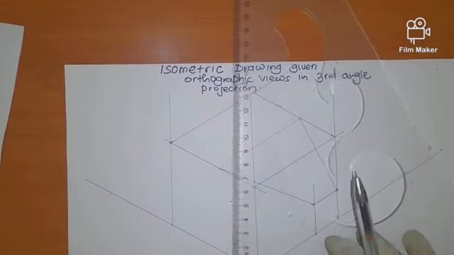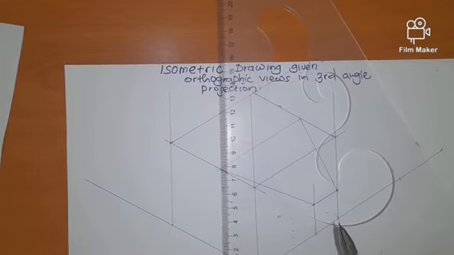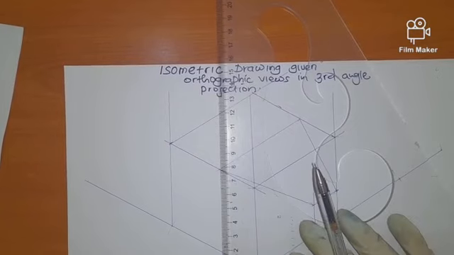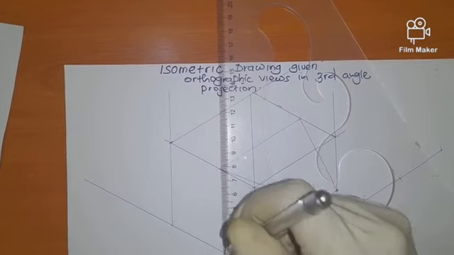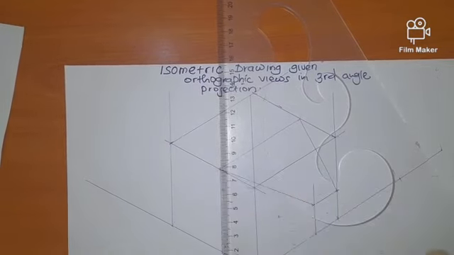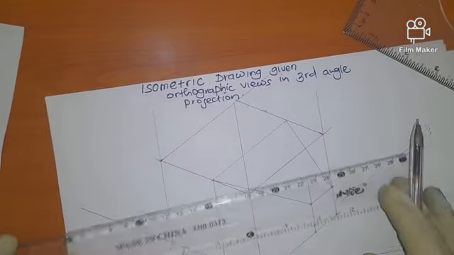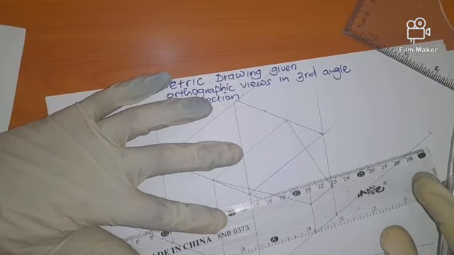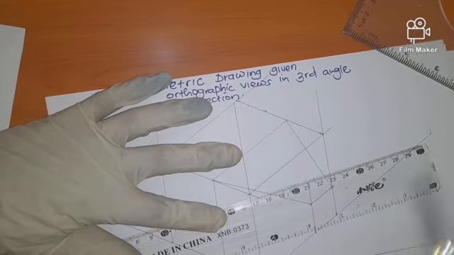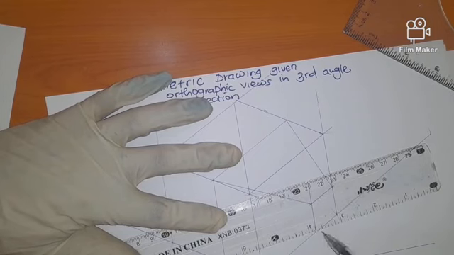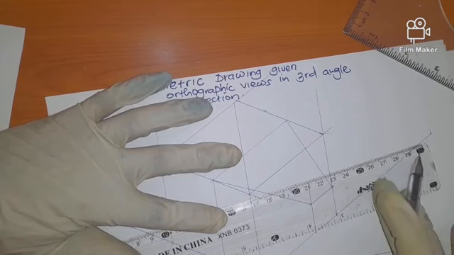So bring that vertical down. Okay, once you are through with that, we are going to join from here up to here. So we join this,